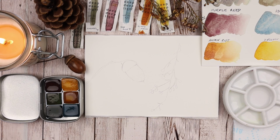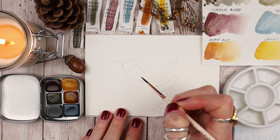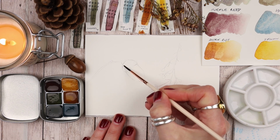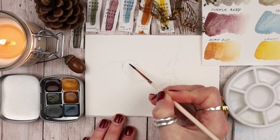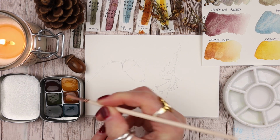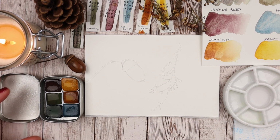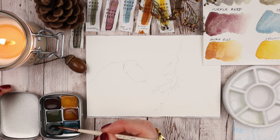Looking at this beautiful acorn, first of all, I am obviously tempted to put the Soul of the Oak at the top. I know it's not really that colour, but I do feel I want to start using this beautiful, I don't even know how to describe it, it's so magical. I'm going to add water to the paper. It is a rather sketchy outline, which I don't normally do, but I'm just going to add a little bit of water there. You have to wake the paints up with water and just let them sit for a minute, picking up